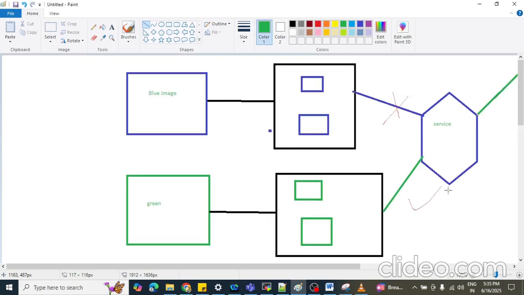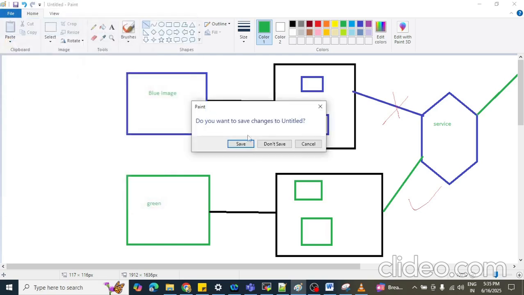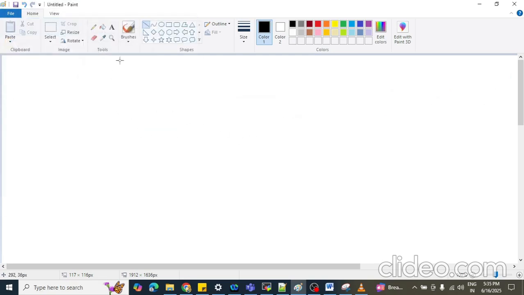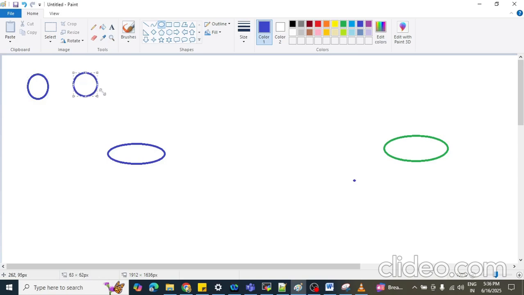Hope it is clear. If it is not clear, let me explain with a second image also. Let me draw the second image. Suppose this is your blue side and this is your green side. On the blue side we have four replicas: one, two, three, and fourth.